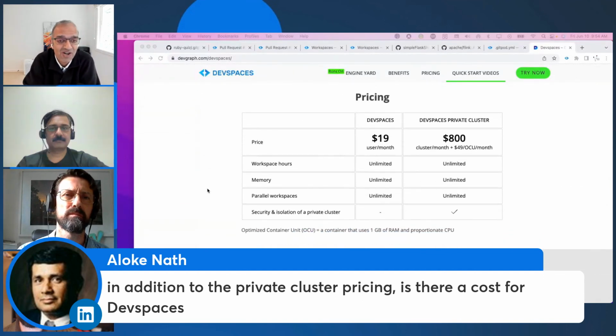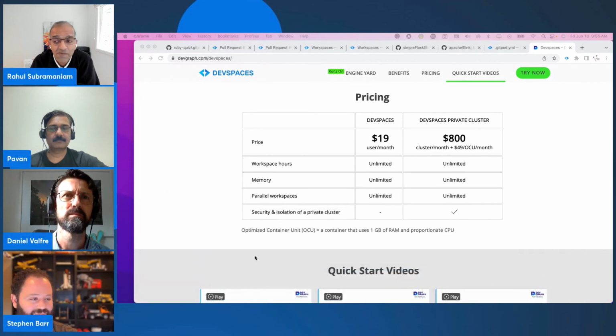We do all the work on making DevSpaces available to you as part of the EKS platform. There is no additional charge for using it. You just pay for whatever container usage you consume as part of your environment. That's it. And over a period of time, we would love to get more feedback on other tools that you would love to see in the EKS platform, because we want to make sure that the developer community really loves all of these tools, and we will do all the work to make it available on the platform,